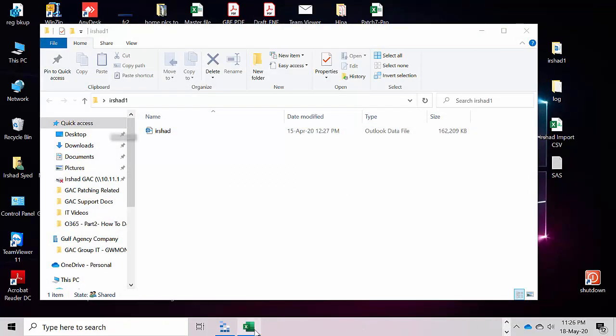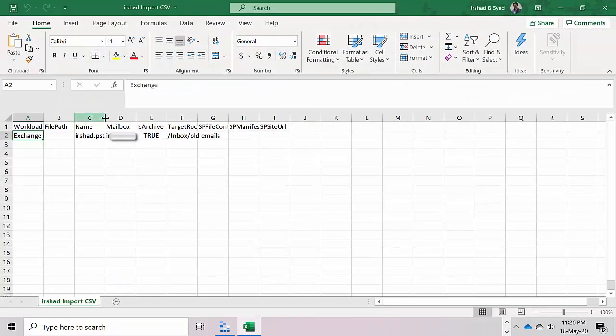Keep this name as it is, that means your PST file name, and the mailbox which you want to fetch these files. If you want to import these PST files to your online archive folders, you can make this option true. It means PST files will move to your online archive folders.